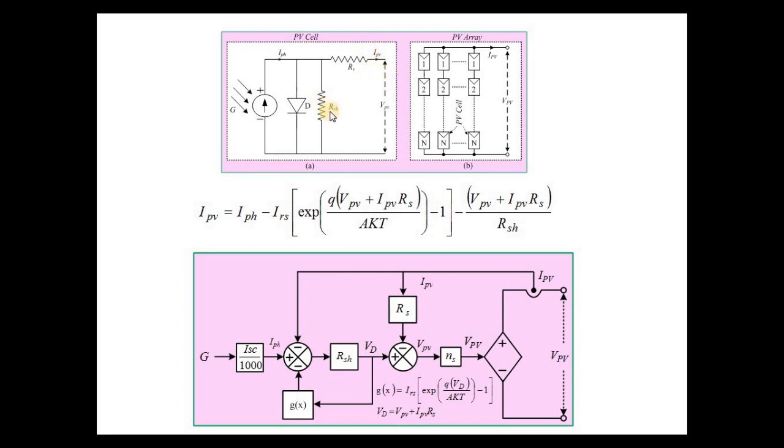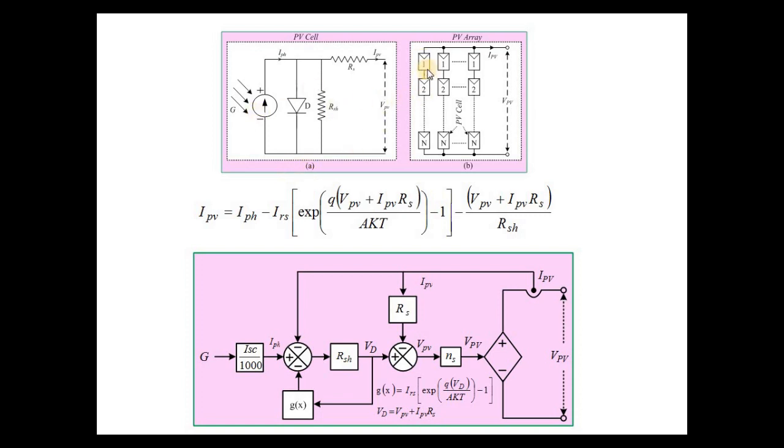So resistance is also there. Across this it is the voltage, or across this is the current. So if you model based on IPV and VPV, you can model either with voltage source or with current source, because I'm not bothering about IPH here. Directly I can get the IPH by using a simple mathematical equation in MATLAB. That is enough. So an anti-parallel diode is there, and this RSH is the shunt resistance, and this is the series resistance, and this is for only one PV cell.